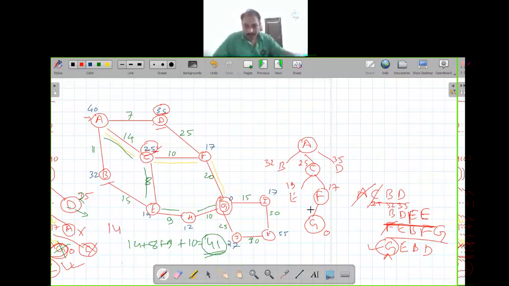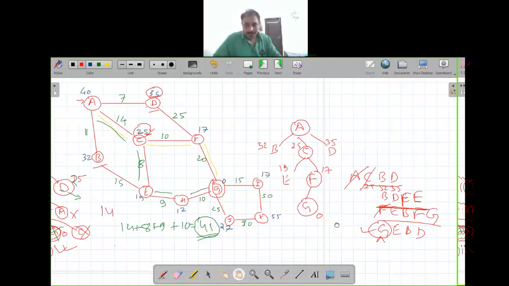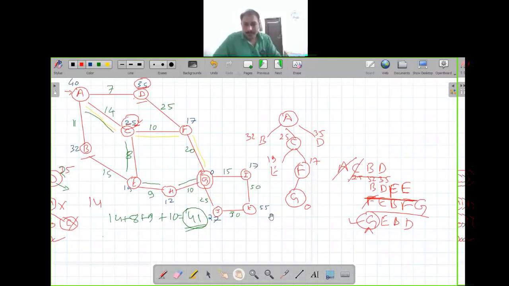Okay, so the problem with best first search is that when we explore any node, it enters all the successors of that node.